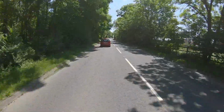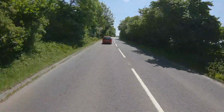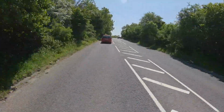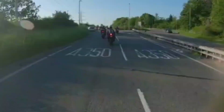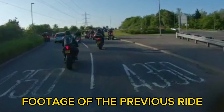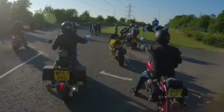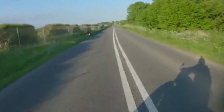Well, whilst I'm on this straight road, I'll probably give you guys a little story of what happened last time I did my GoPro footage, which was only a couple of nights ago. Went to a group bike meet, met up with like 50 bikes. It was ridiculous, there's so many. There was one crash that was on a roundabout on the way. I didn't see what happened, but the second one, the guy that was in front of me just lost control